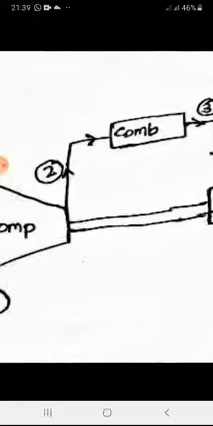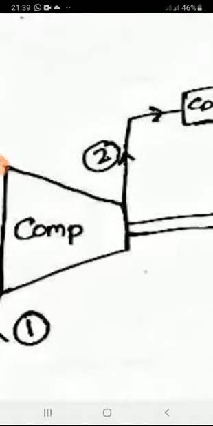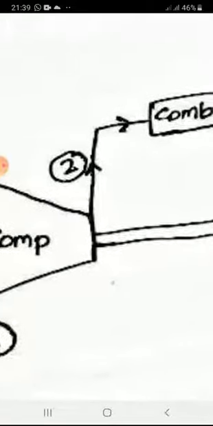So first we have to draw the schematic diagram. In the schematic diagram, you have to explain what is the process, you have to infer what is the process happening. So here air enters this compressor at 1 bar and 30 degrees Celsius, right, and leaves at 5 times higher pressure because pressure ratio is given as 5, right? So it leaves the compressor at 5 bar and at a higher temperature, which we have to find out,